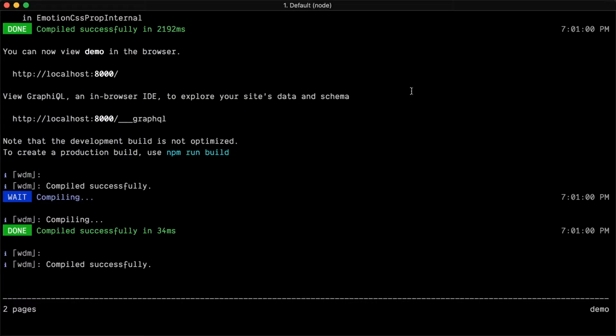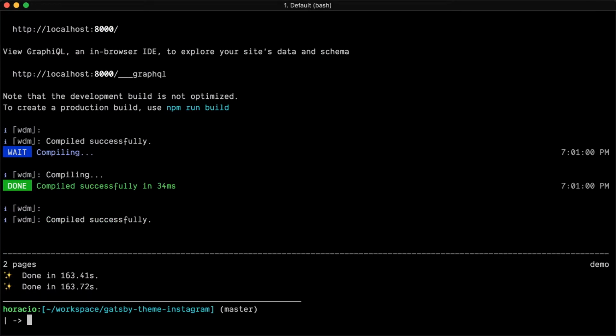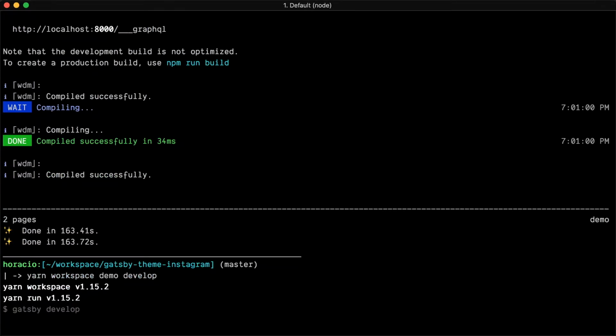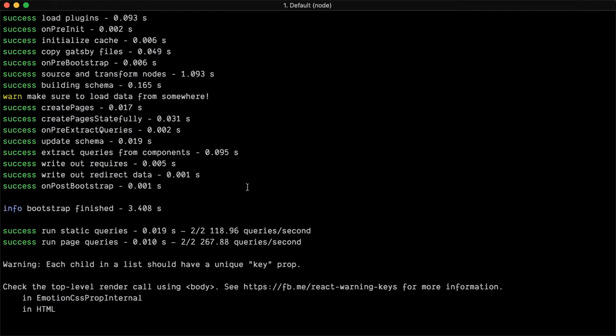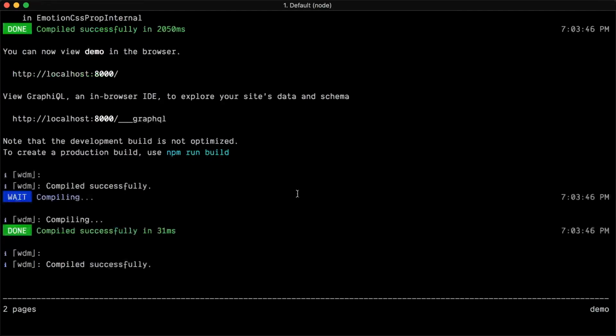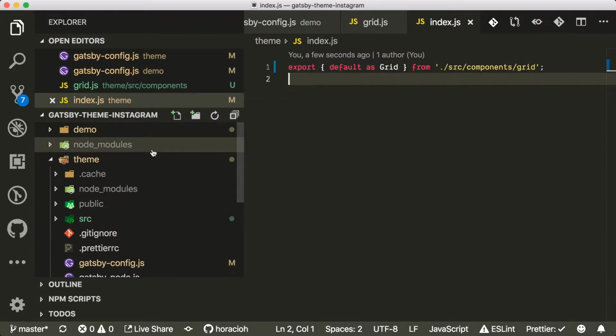Okay, so let me see, this is the first time I'm doing this, so I'm gonna run this again. So I guess what I can do is just import in my demo